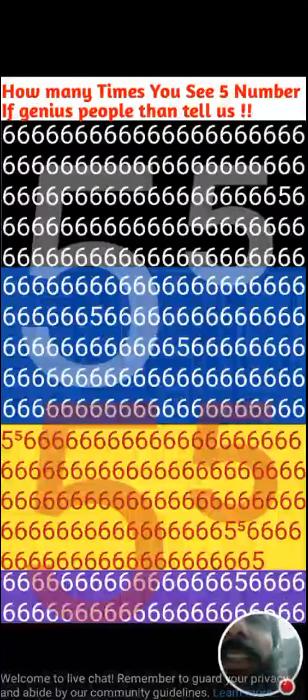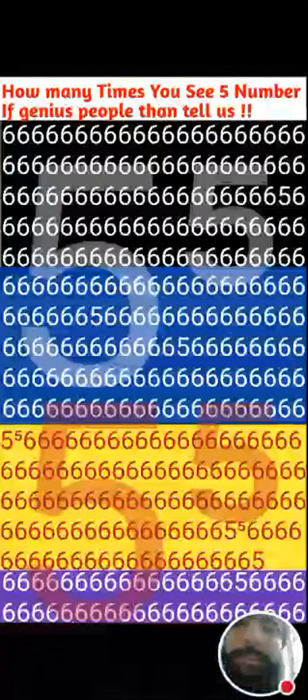It should be tough for us to find the number 5, and it can take some minutes to find the number 5 and count it, how many times the number 5 is repeated. So we start finding, but before